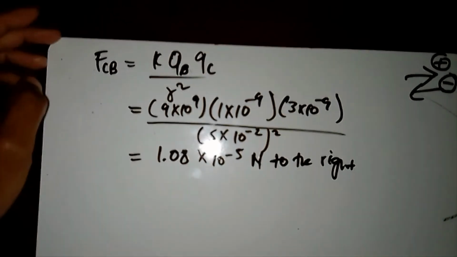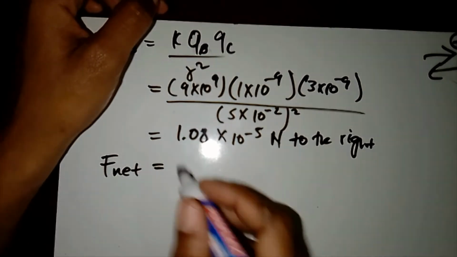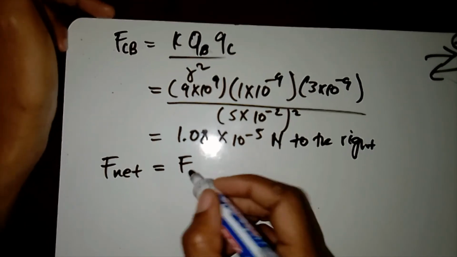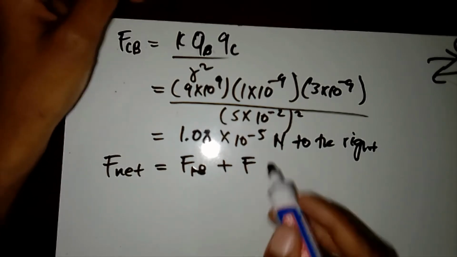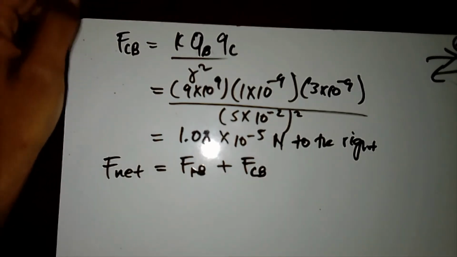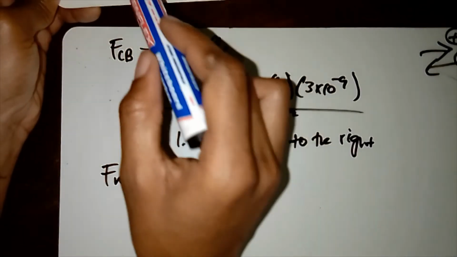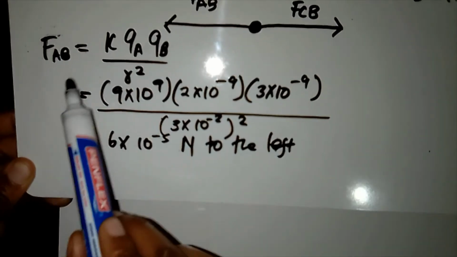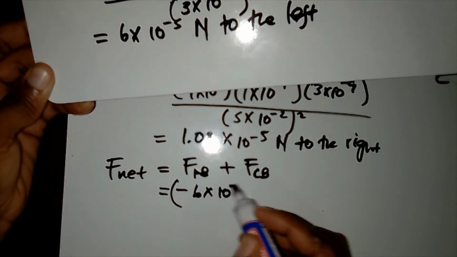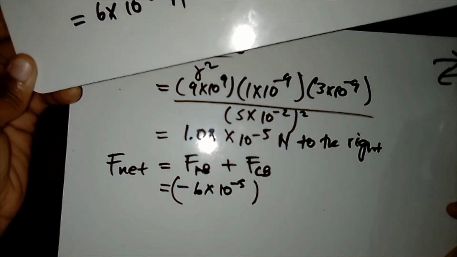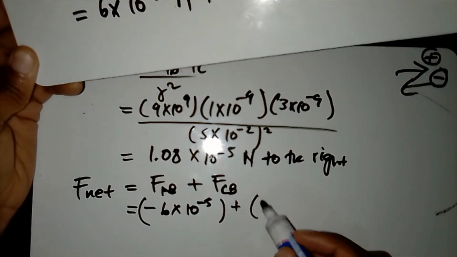But we're not done, because our question required us to calculate the resultant, which is the net. So the net means that we have to add the both. So we have to add the force on B because of A plus the force on B because of C, so FCB, right? But then this is something that we know. We said that this FAB is to the left, so it's going to be negative 6 multiplied by 10 to the power of minus 5, because we selected left to be negative, if we remember, and then plus